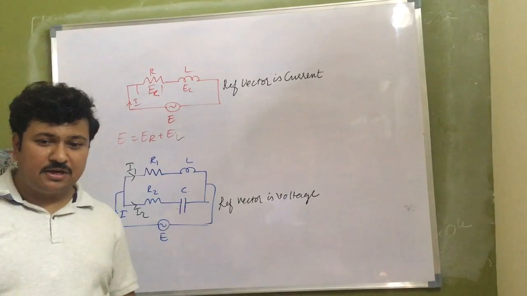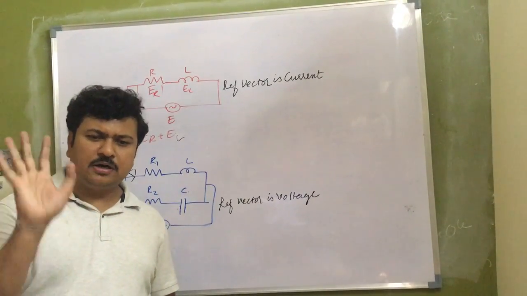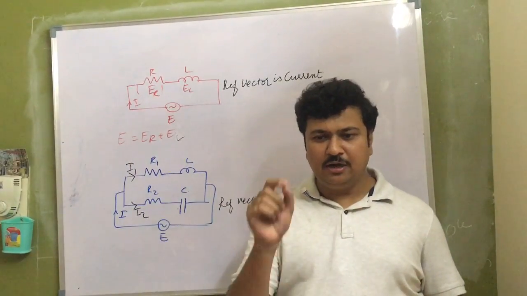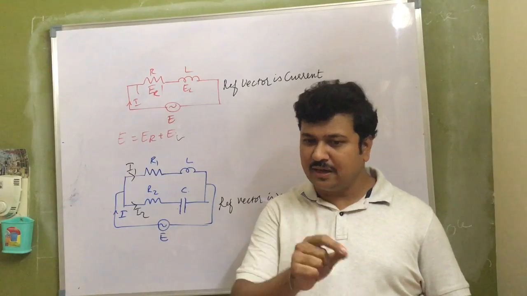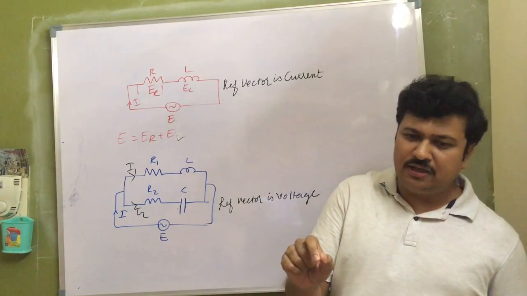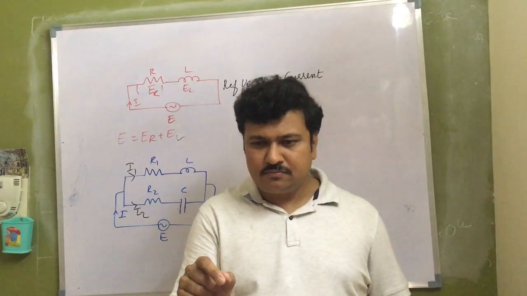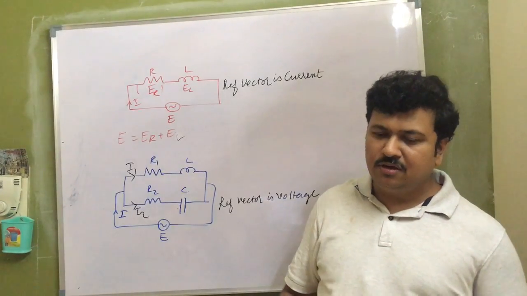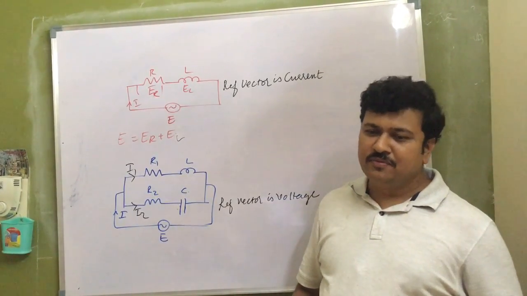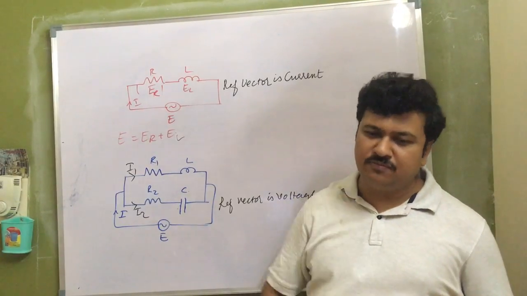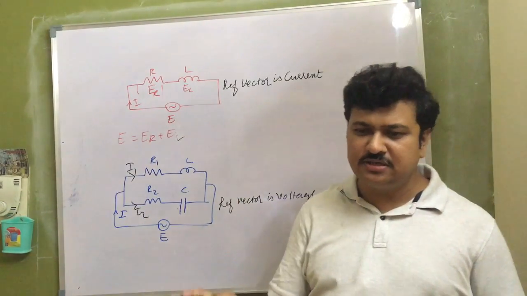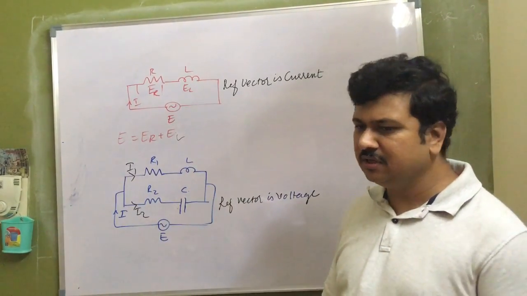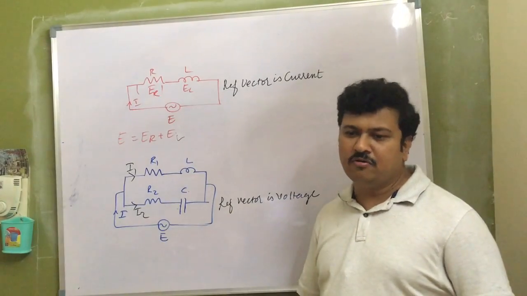So bridges are the best circuits to know about vector diagrams. You simply go and observe the vector diagrams for the bridges, try to analyze why each is drawn at that particular position, the position of every vector and its relation with respect to other vectors. You will never forget the concept of drawing vector diagrams in your life. So bridges are excellent circuits to understand the drawing of vector diagrams. This is how I understood.